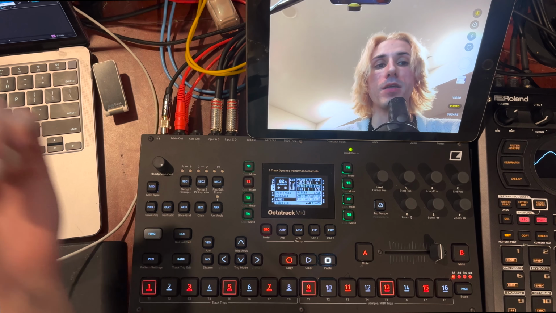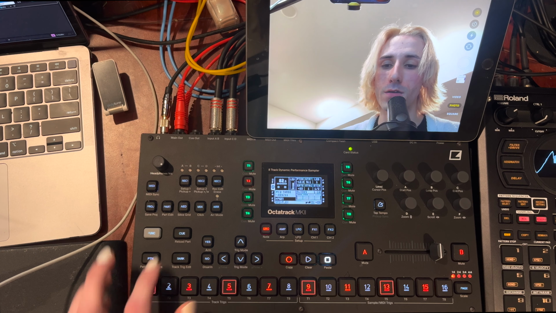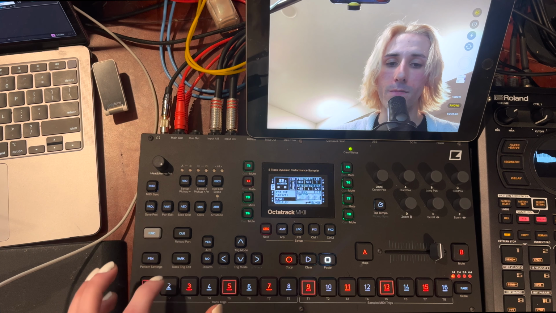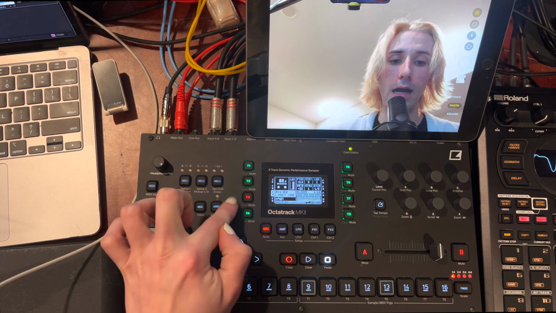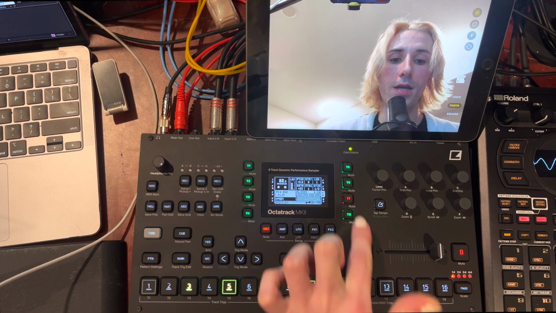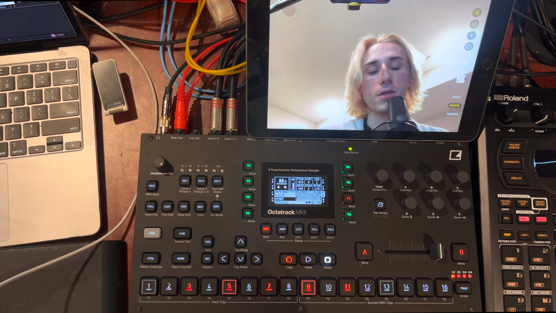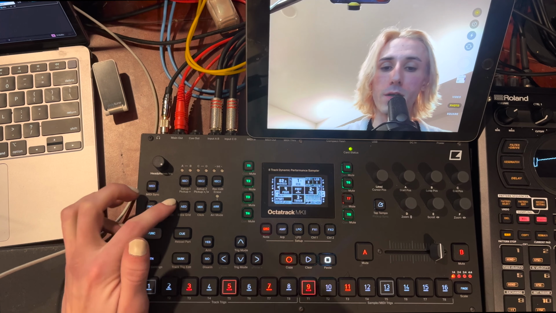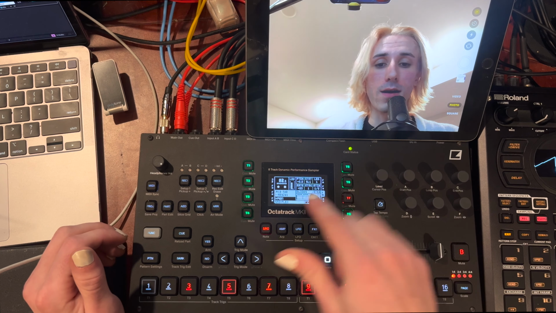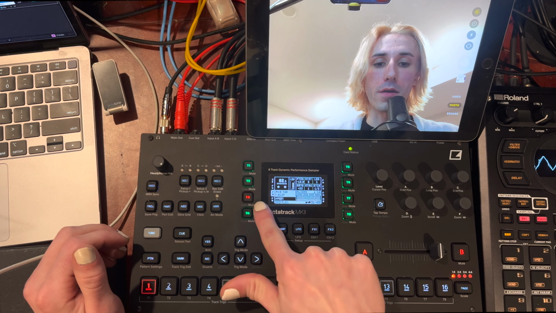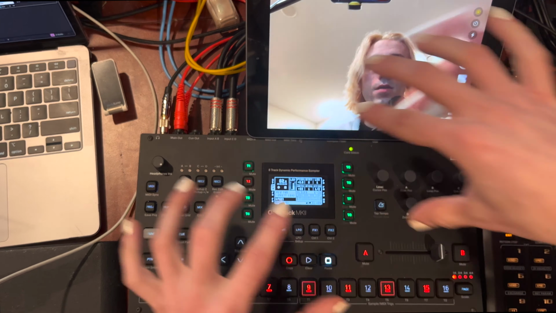So it's one of the weird quirks about Octatrack parts. It's kind of like the samples are playing musical chairs, right? So on part 1 here, I have my keys happening on track 2. I have a lead on track 3, and I have this little blippy thing on track 7. That's all well and good. But then when we go into part 2, we have the keys on track 7, we have the blippy thing on track 3, and we have the lead up on track 2. So everything